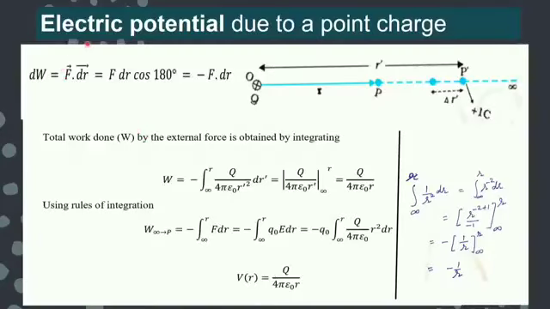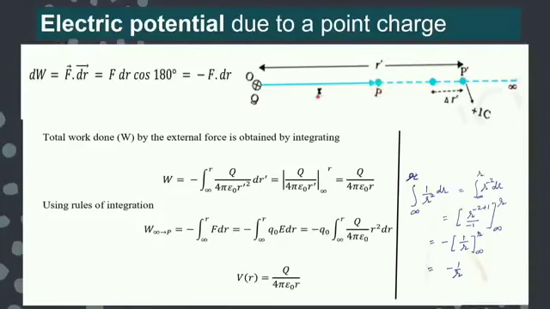Now we want to find the electric potential due to a point charge. This picture you have to keep in your mind that electric field is there all around the charge. That is why I have shown you in the beginning, the field is there around this charge, which is my source charge. This is the point charge we are taking, around which we want to bring the test charge. That test charge we are bringing from infinity to a given point, say point P.